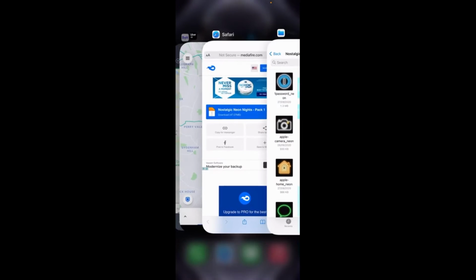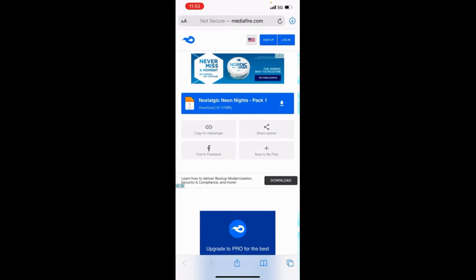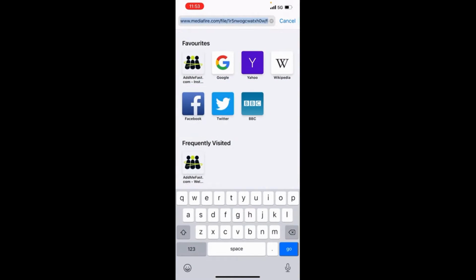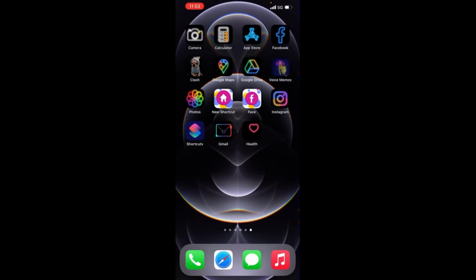First you need to download, yeah? So normally you go to the internet and download. I'll add a link in the description, so it will be easier. After downloading, go to Shortcuts,